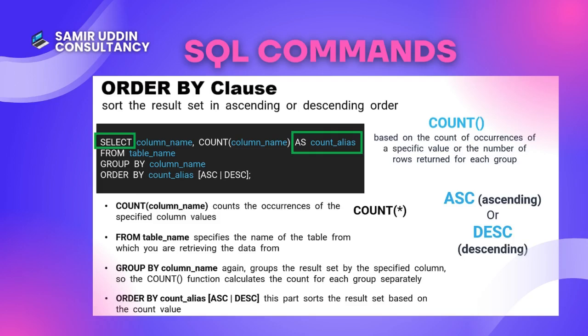Sorting with ORDER BY. The ORDER BY clause sorts query results in ascending or descending order. Combine it with aggregate functions, like count, to sort by the number of occurrences. For example: